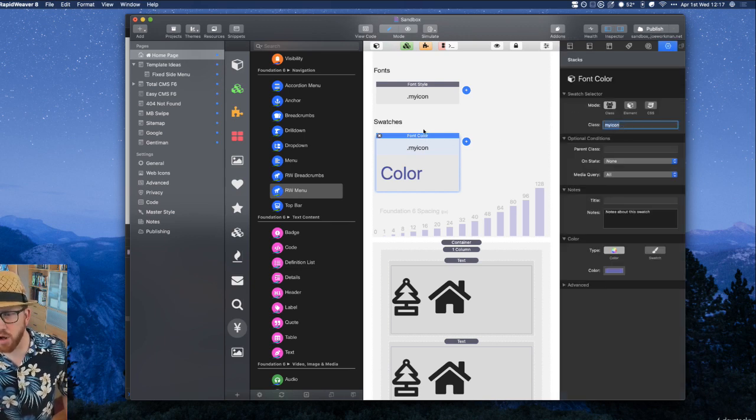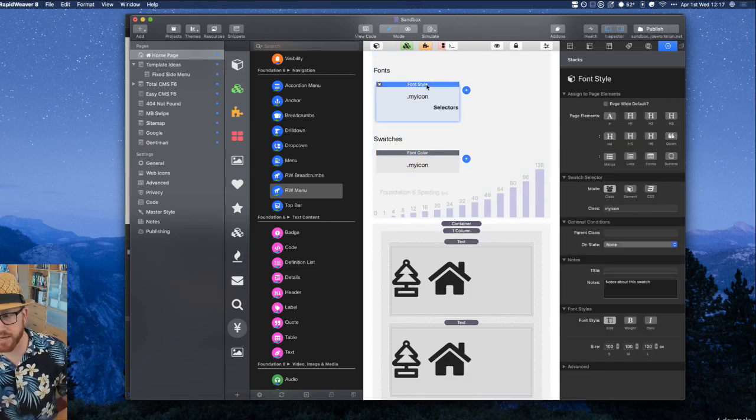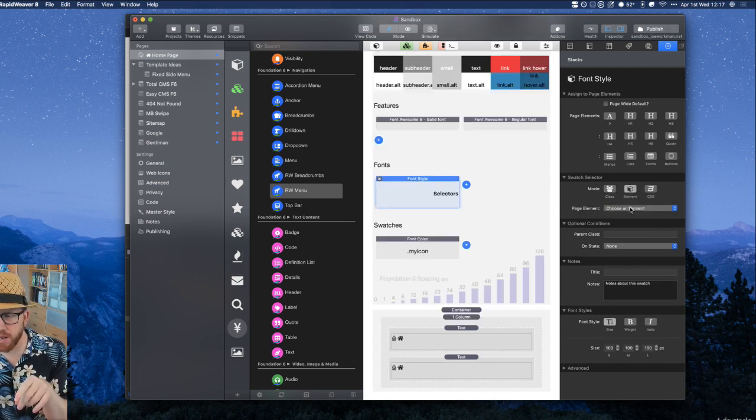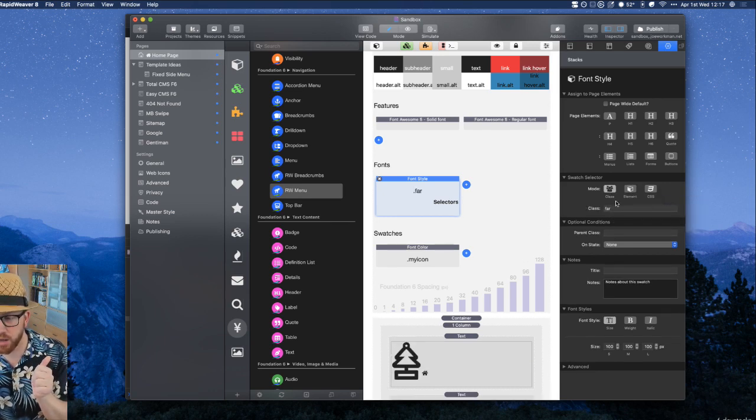So if I wanted all my icons to be the same size on my entire page, I could just style FAR, right? And no, that only affects, yeah, this definitely needs to be an element. Good call. This is fun. So in the release version, I will create an element here, which is Font Awesome icons, and you can target all Font Awesome icons on the page. Totally cool idea. Thank you for that. For right now, though, you could target FAR,